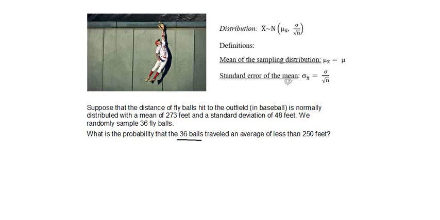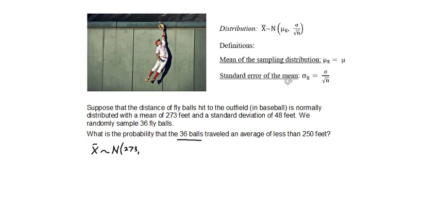We're using the Central Limit Theorem, and the implication here is that our variable is no longer just the distance of a fly ball, but the average distance. And so our average distance, we use capital X bar right here, is a normally distributed variable. However, in this case, the mean, which we're given as 273 feet,